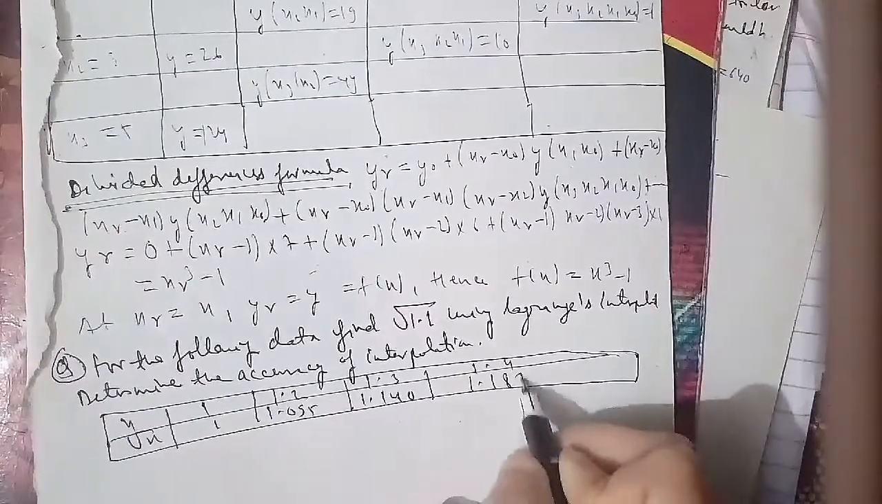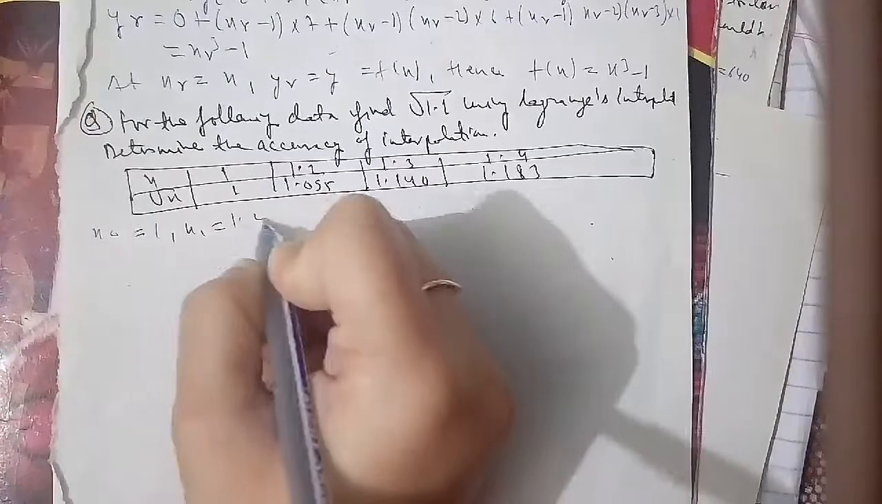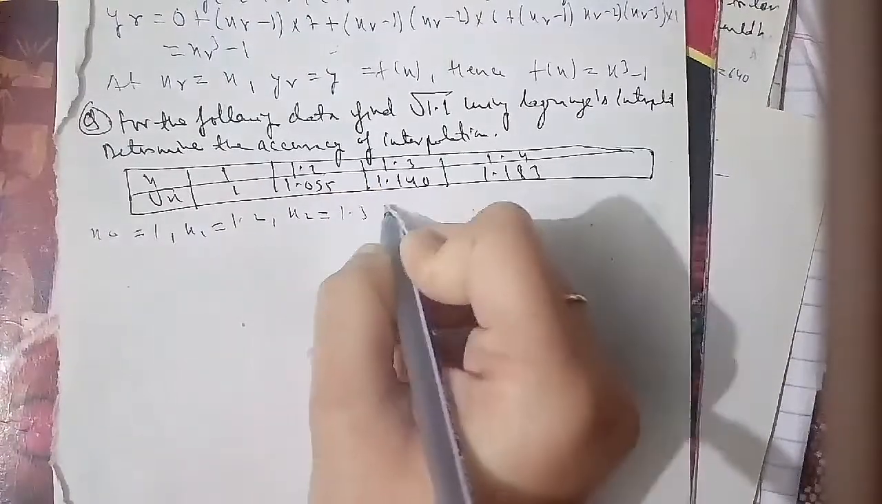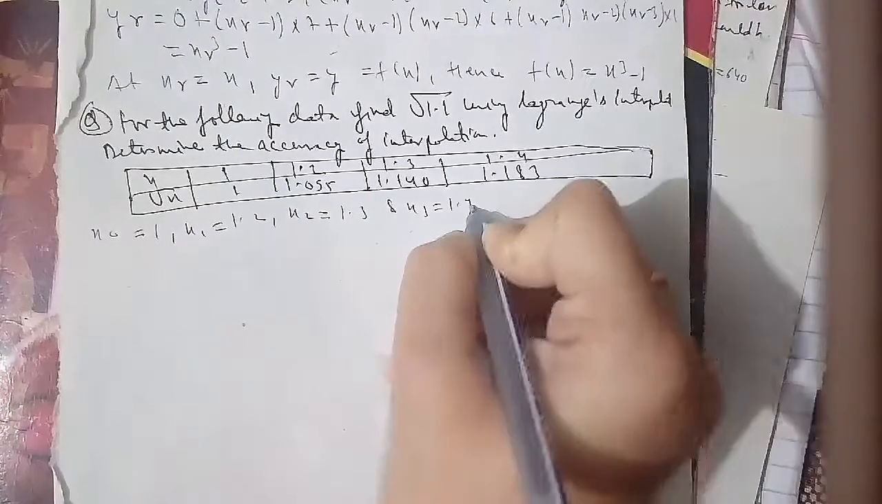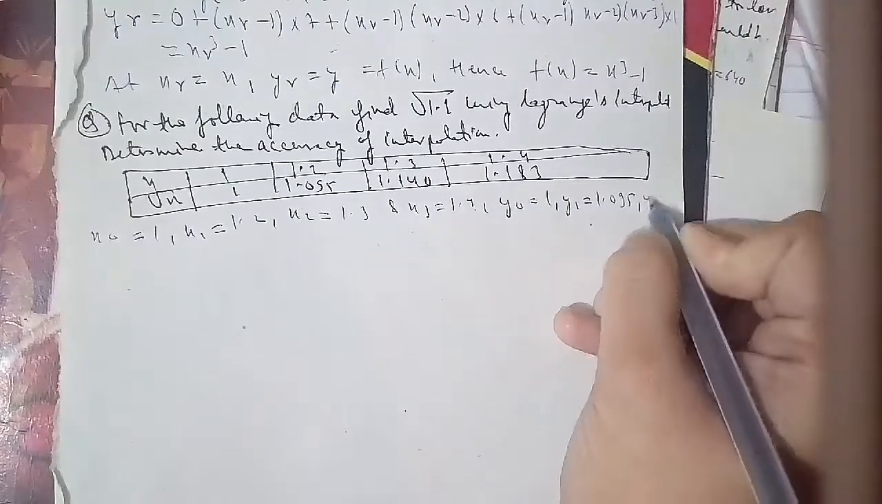xr equals 1.1. From the Lagrangian formula that we have here and had implemented, yr equals (xr minus x1)(xr minus x2)(xr minus x3) whole upon (x0 minus x1)(x0 minus x2)(x0 minus x3) into y0 plus (xr minus x0)(xr minus x2)(xr minus x3) whole upon (x1 minus x0)(x1 minus x2)(x1 minus x3) into y1 plus